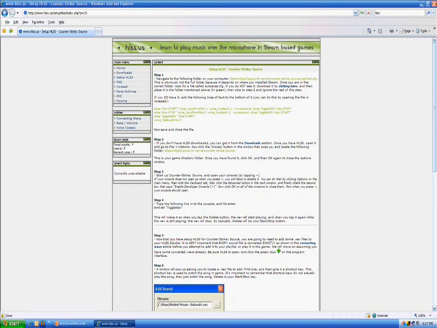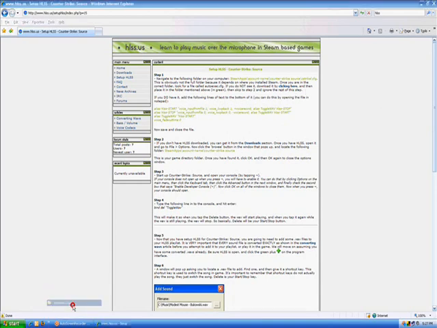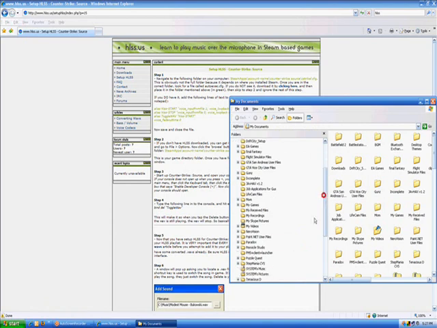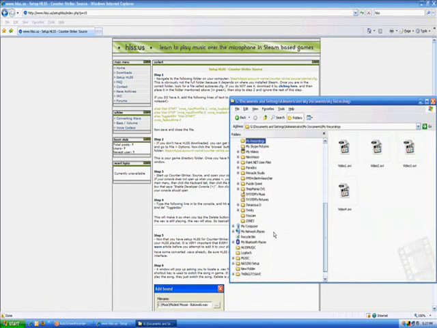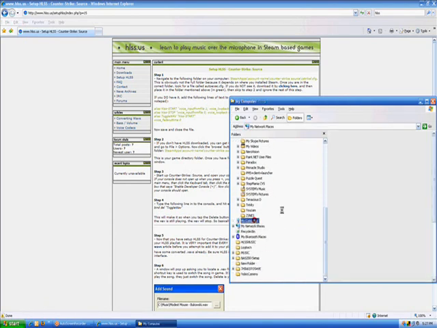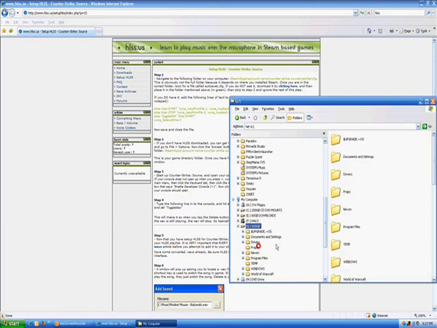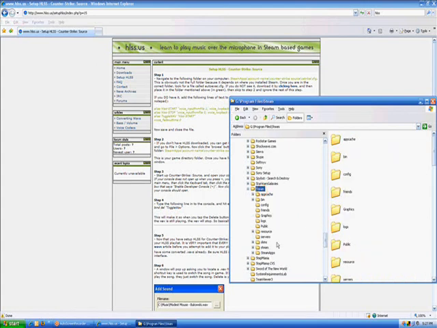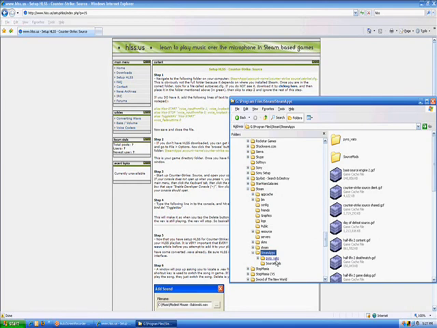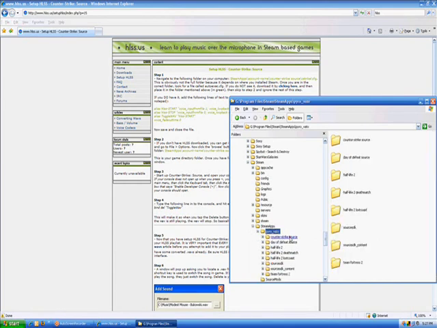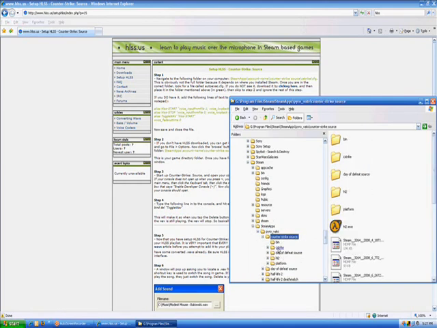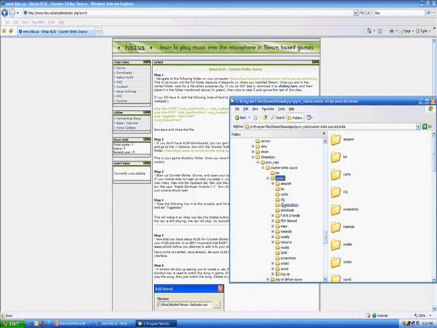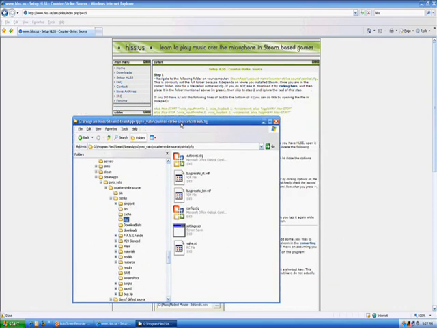Go to your computer, my computer obviously, go to the drive you installed it in. I put it in my G drive. You go to Program Files, you go to Steam. Sometimes it'll be Valve. Steam Apps, your account name, Counter-Strike Source, and then C-Strike. And then there's going to be a folder called CFG right here. Click that. And you should have this file in here called